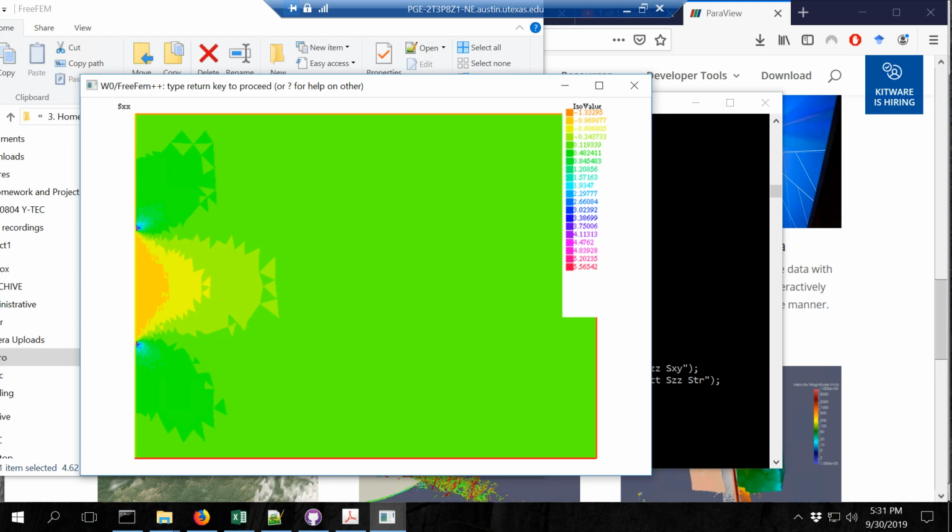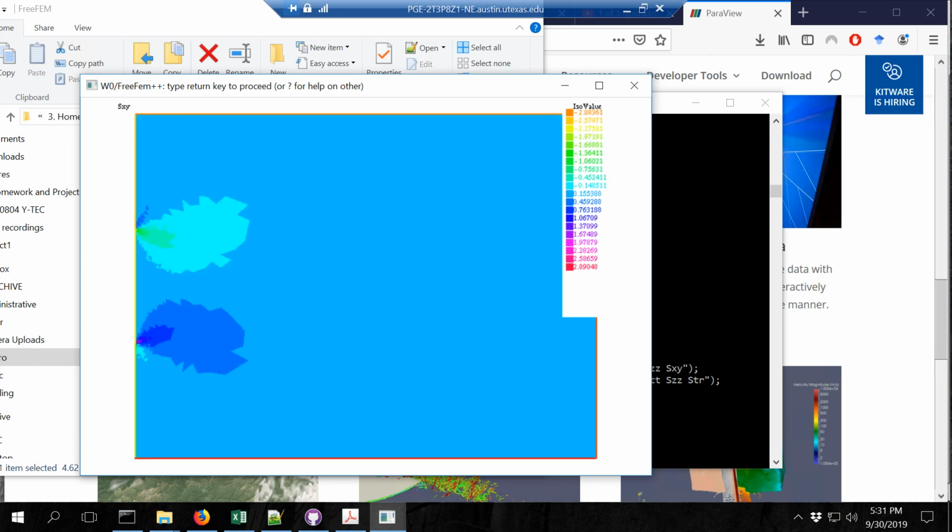SXX in this direction has to be equal to the pressure. And also, it gets into a blue color, positive at the tips, which makes sense too, because the tip should be in tension. And this is SYY,